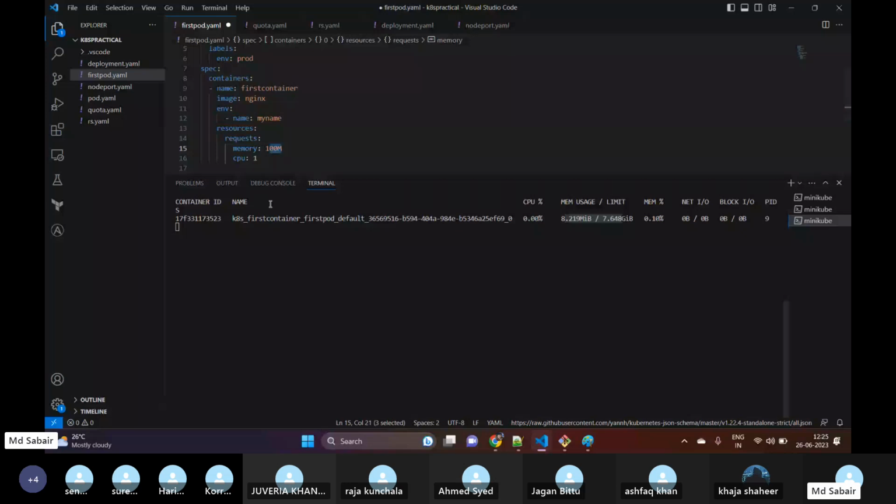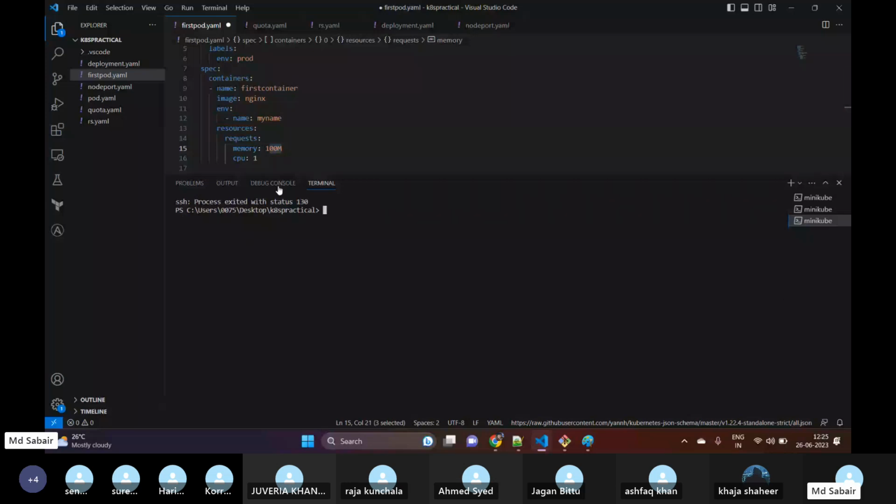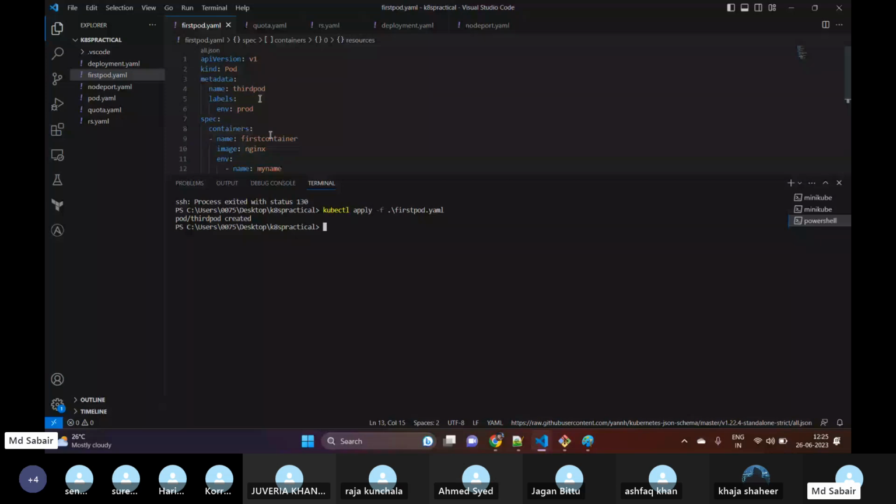If I do this and create one new pod, kubectl apply -f first pod.yaml. What happened? The name of our pod is third pod. If I do kubectl get pods, we can see the third pod has been created. Now to see the container ID, kubectl describe pod and then the pod name. If I scroll up,